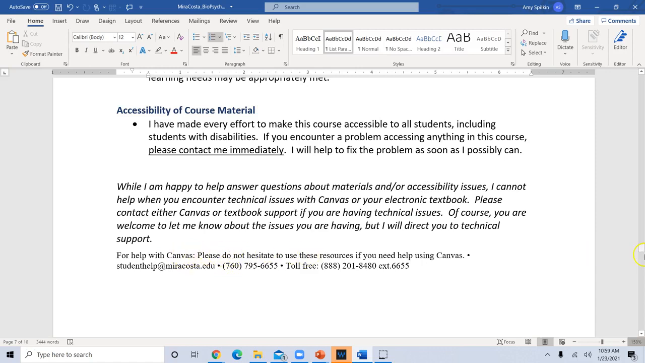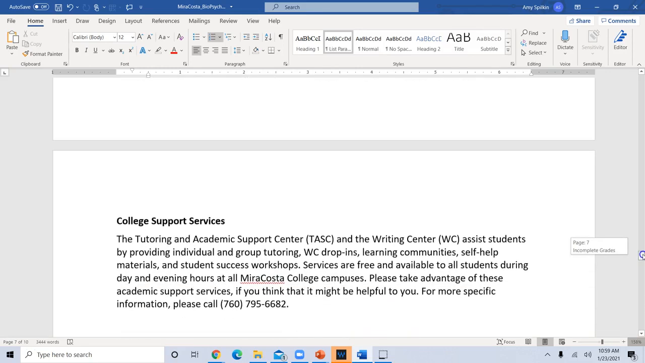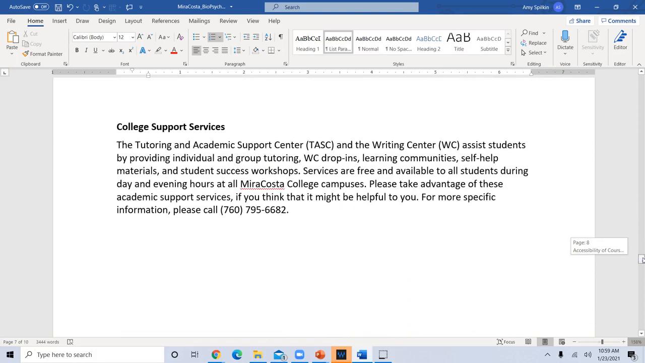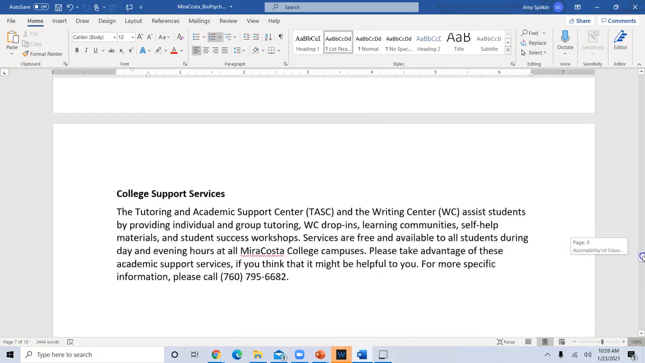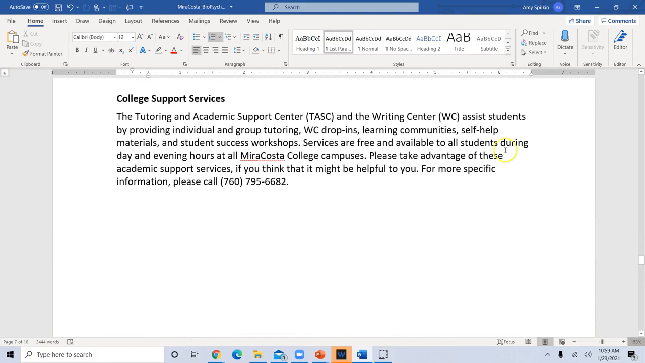So here's the Canvas help desk information. And I will be sure on the Canvas, I also have the MindTap help desk information. Here's tutoring and support if you need